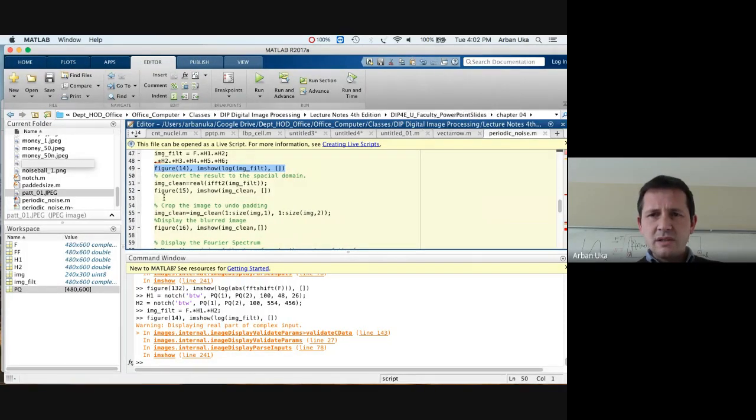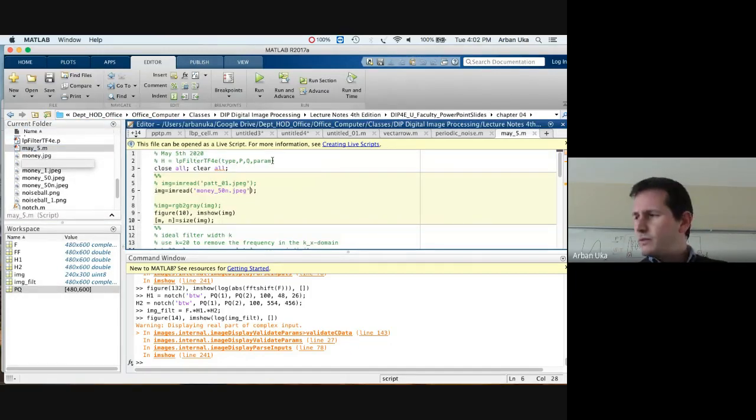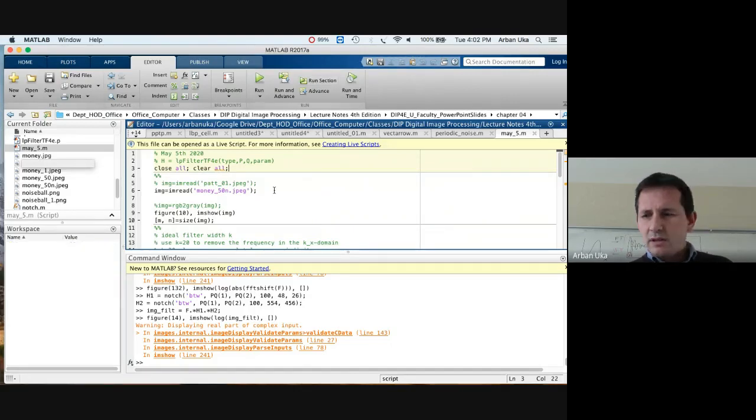Now, let's see a couple of other examples. And this time, we want to show the application of some other filters. The filter we are going to talk about is an ideal filter. An ideal filter is a filter which is just 0 and 1. So we determine a specific